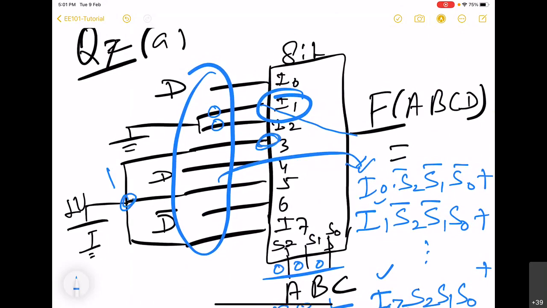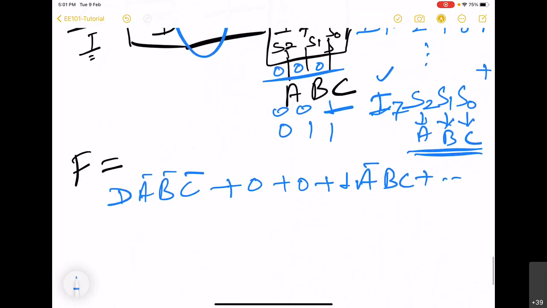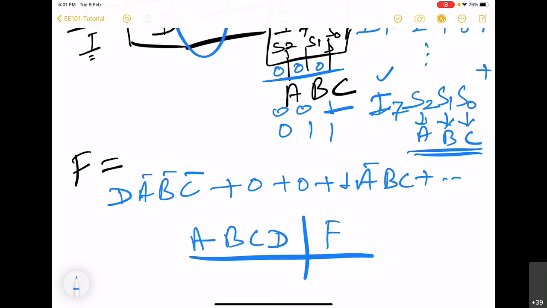I3 is equal to 1, so we will have 1 into, and corresponding to 3, what we will have here is 0, 1, 1, so this is going to be A bar, B, C. In this way, you can write all the terms, and then you can fill the table for F and express it in terms of min terms also if you like.